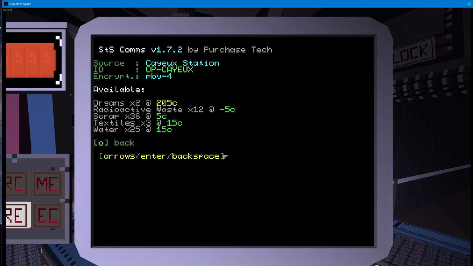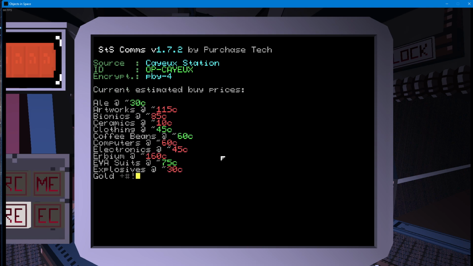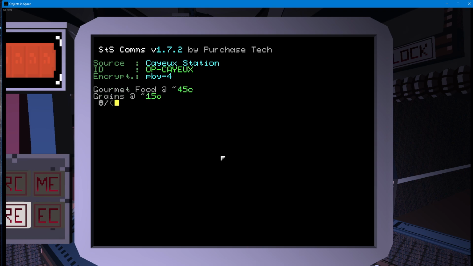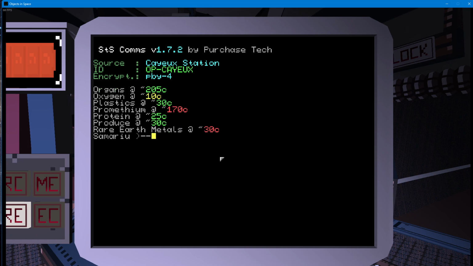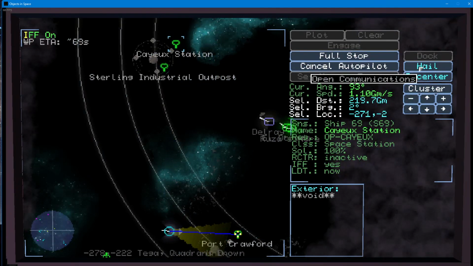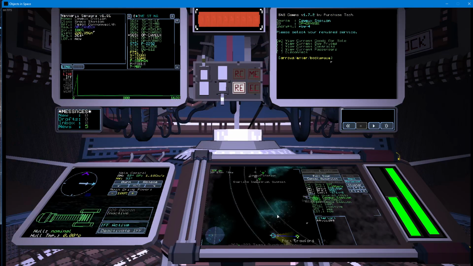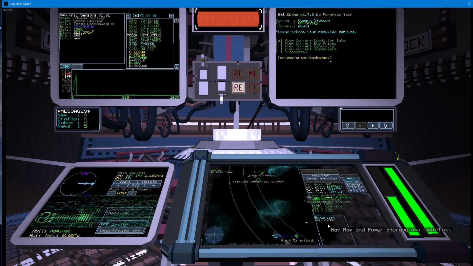Oh no, they don't have the same stuff. Not even close. And buy prices, not for us. Huh. They're not buying much for much. But it's going to be a good move to come to Port Crawford, even though we don't have a lot of money. And we're not going to be selling, we're going to be buying more than selling here. How much money do we have? 517. That is not enough to make a big splash down here, but